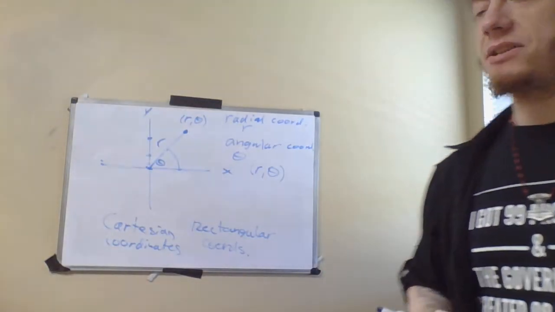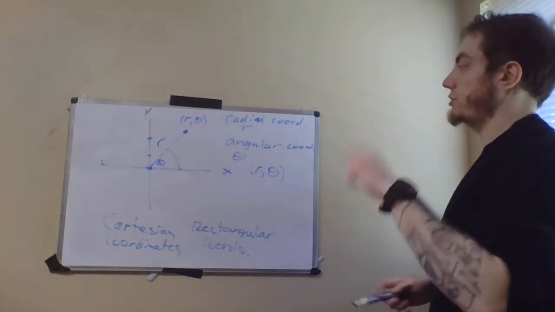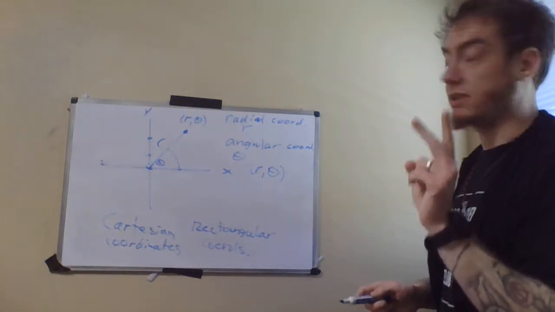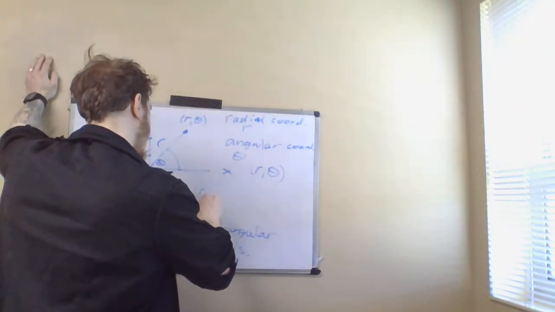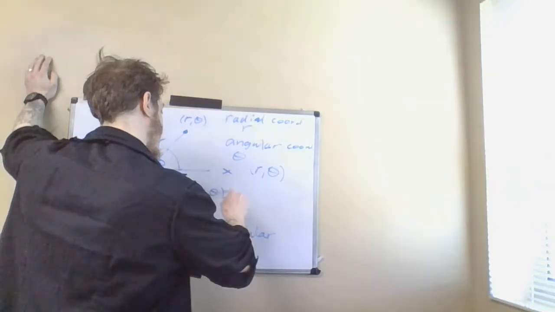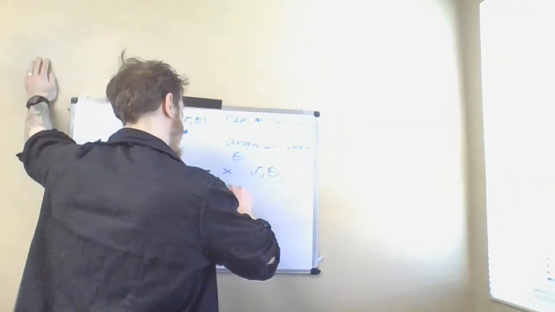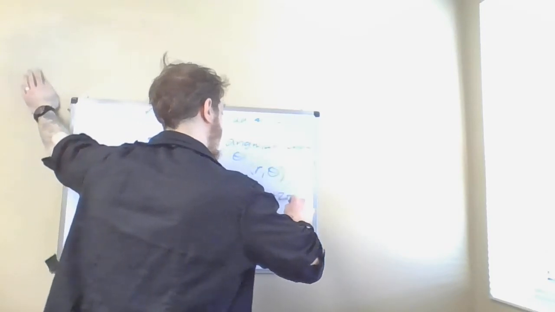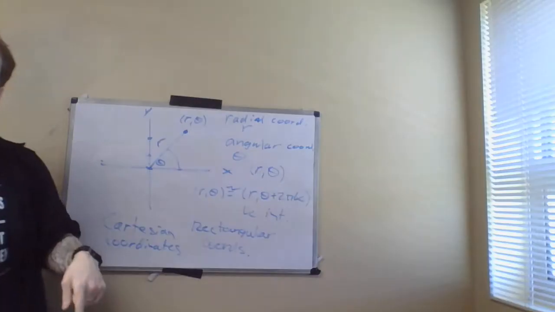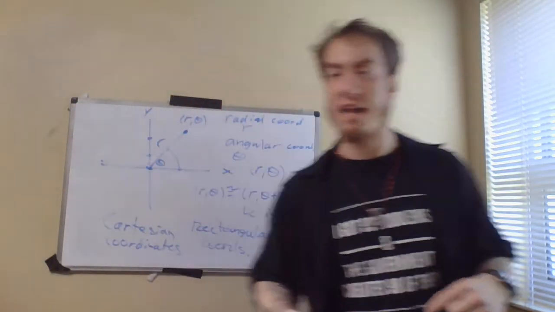The reason that that is no longer true is, well, there's two reasons actually, and I want to explain both of them. The first problem is, notice that r comma theta is the same point as r comma theta plus 2 pi k, where k is any integer. In other words, if I take my angle and I change it by a multiple of 2 pi,